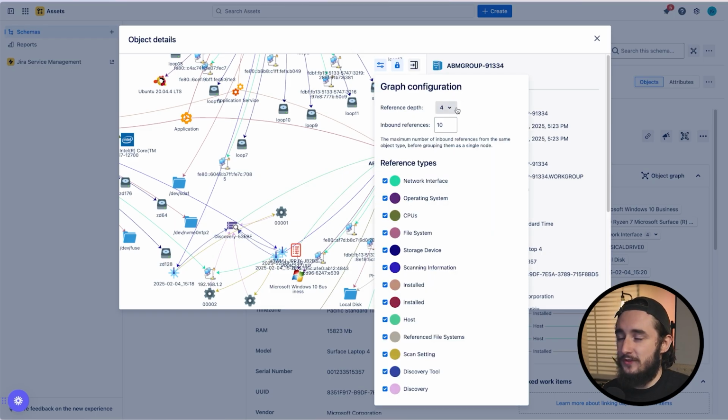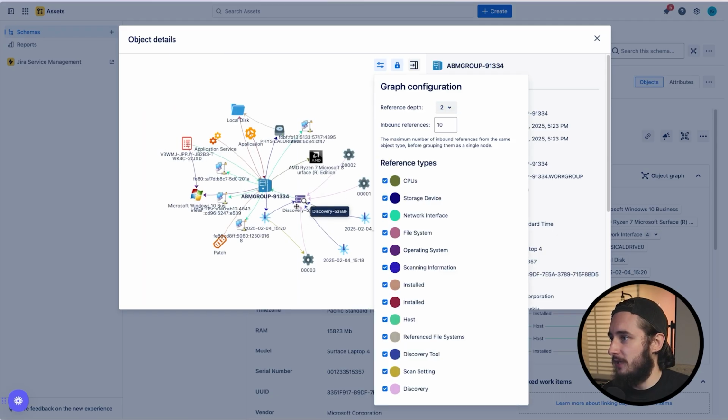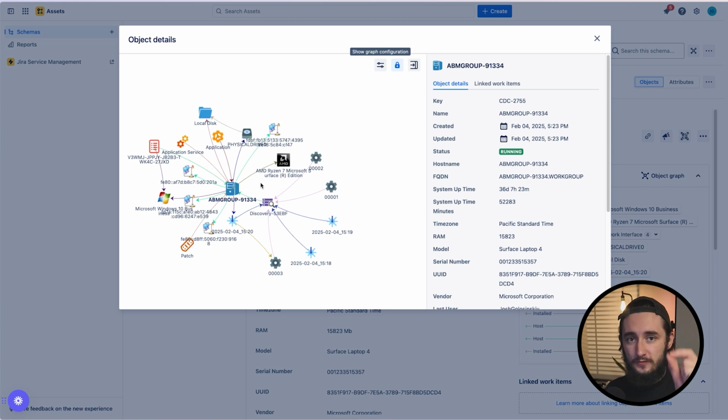So the reference step is the first thing that I like to set, and let's set this at 2. You'll see how it cleans up quite a bit. So we only create 2 different relationships, or we only go down 2 different relationships instead of 4. Once you go down more than 3 or 4, you start getting into a lot of different relationships. So depending on how far down you want to go, definitely set that number lower if you want to see